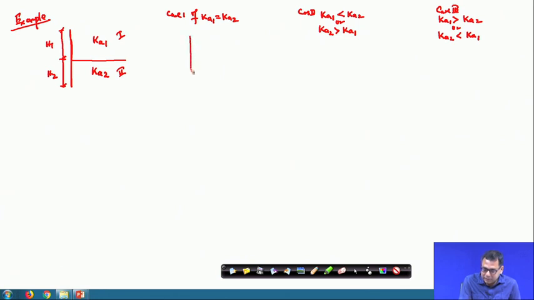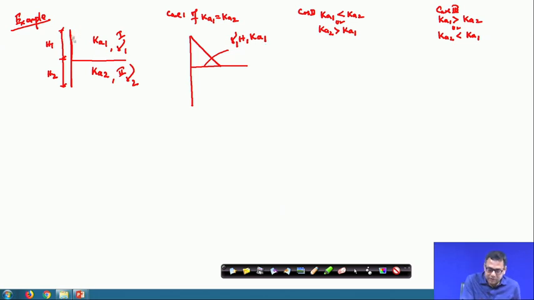For the first case, I will draw the earth pressure for the first layer. Here gamma is the same in both cases, and I have not considered the water table effect. So I can write gamma, or gamma 1 and gamma 2 also. So, this value is gamma 1 H 1 into K A 1.